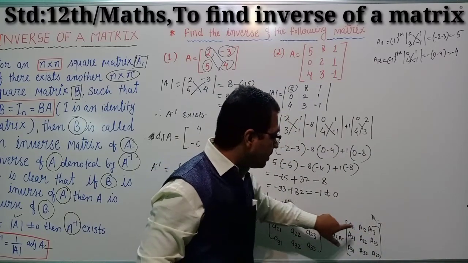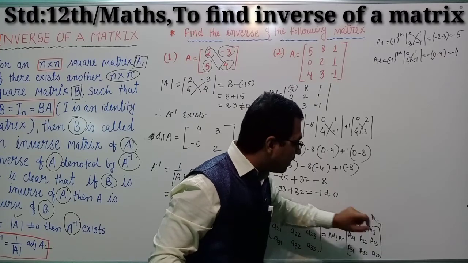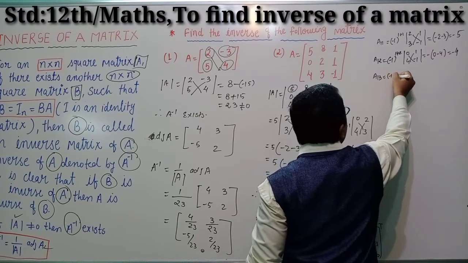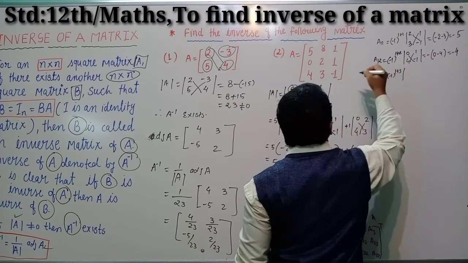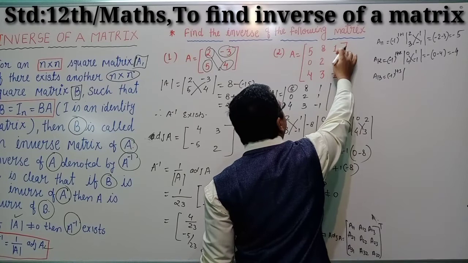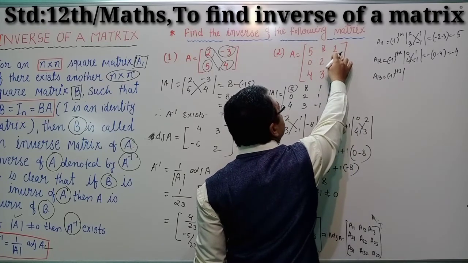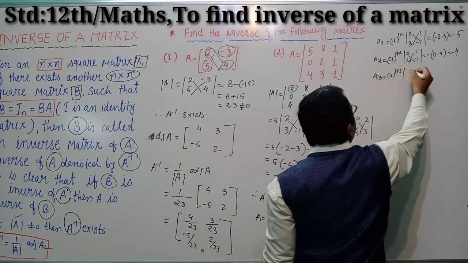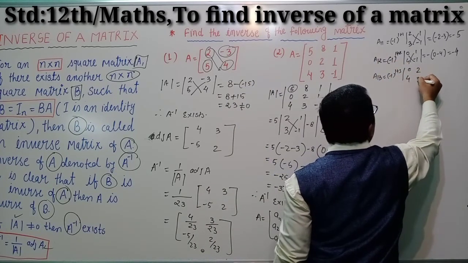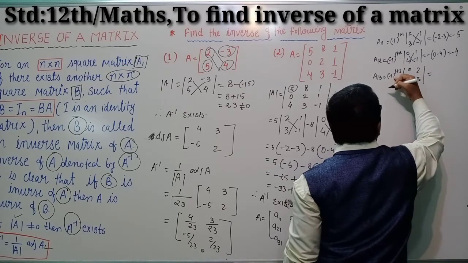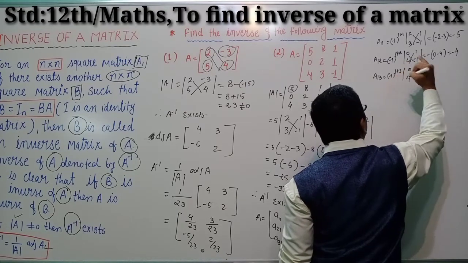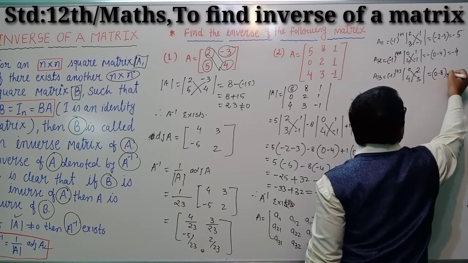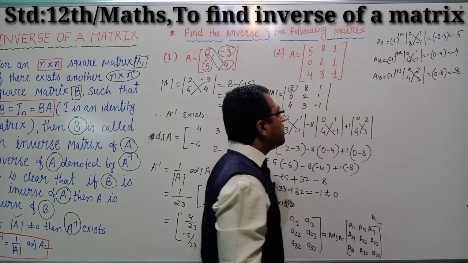Now find the cofactor of A13. The cofactor of A13 is capital A13, right? So minus 1 to the power 1 plus 3. So the cofactor of 1. Do not write these elements and these elements. Right, students? So you are writing 0, 4 and 2, 3. This will be plus because minus 1 to the power 4. Cross multiplication, so 0 minus 8. What are we getting? Minus 8.